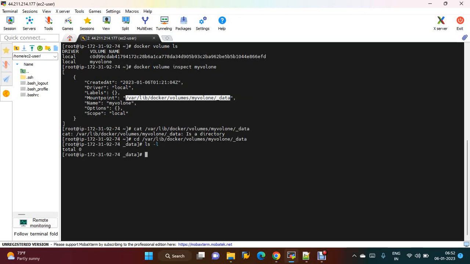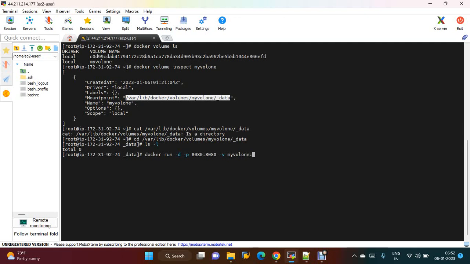So we will try to create a container and attach this volume. To create a container, we use the command docker run -d -p 8080. I'm giving the host port 8080 and the container port also 8080, and an API port if you want to give one, otherwise it is not required. I am attaching the volume with -v, my volume name volume 1